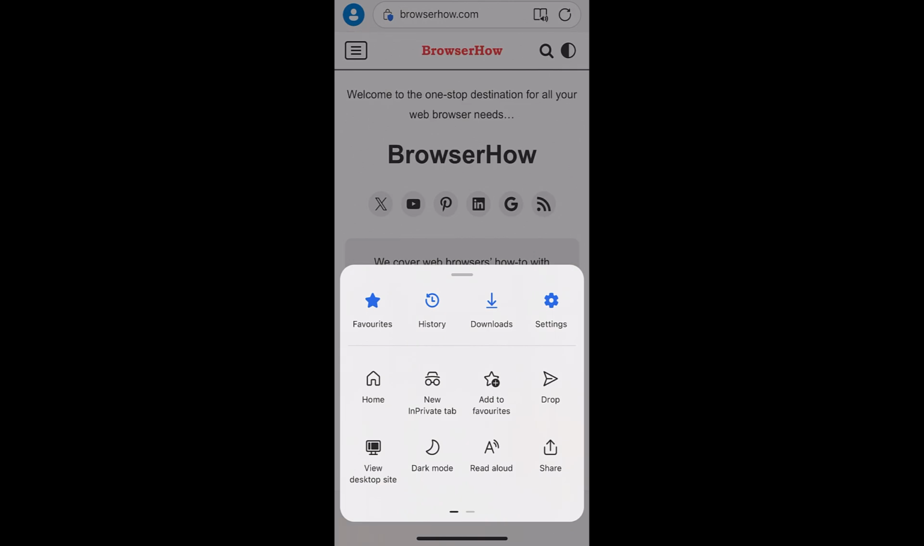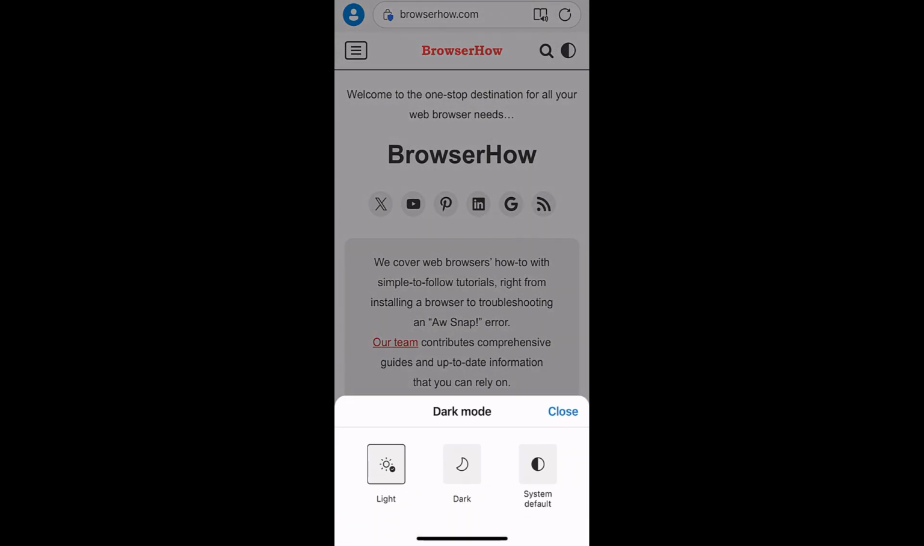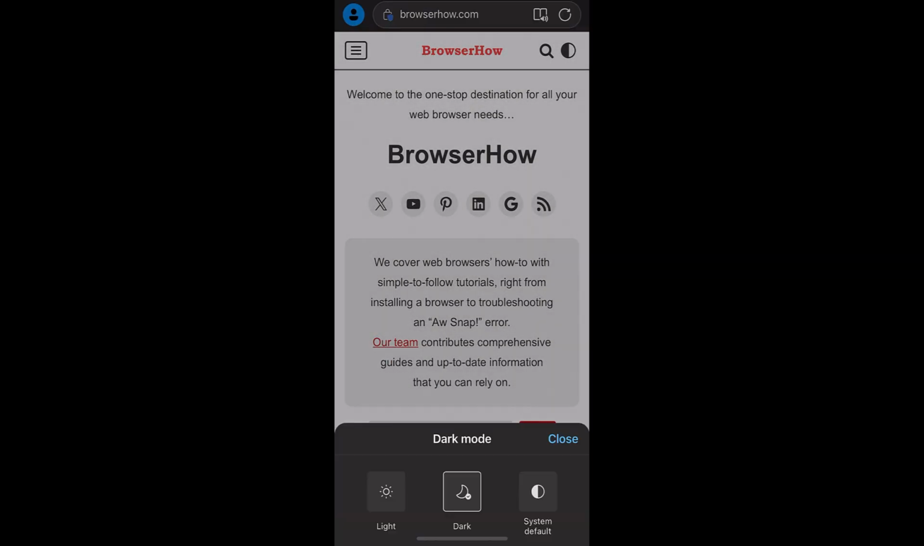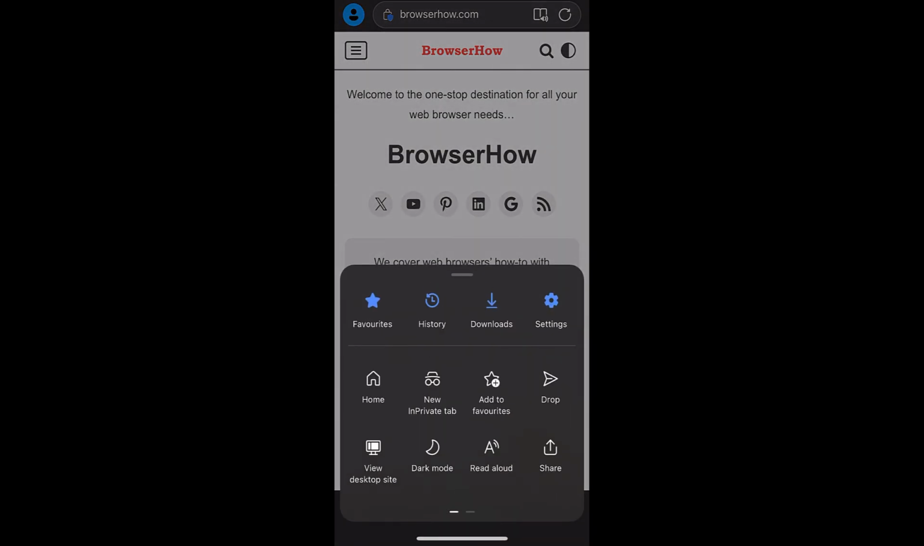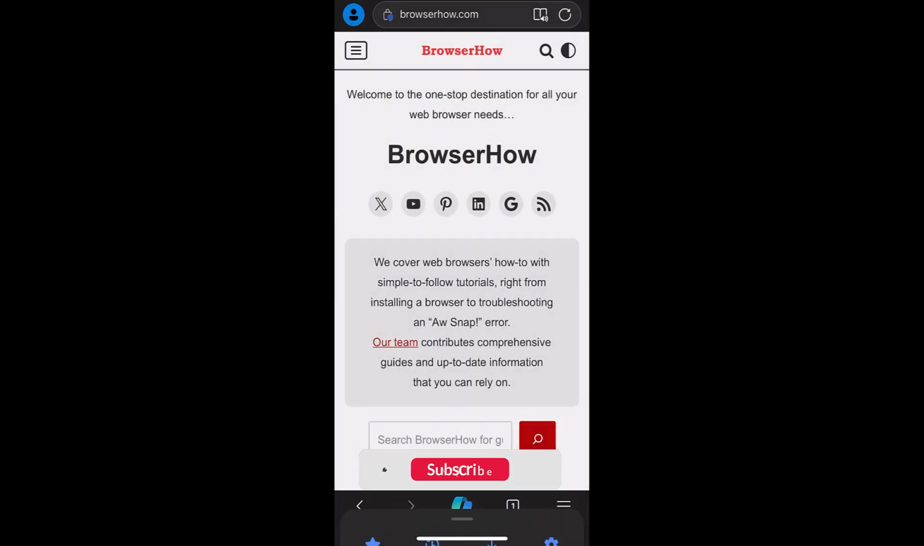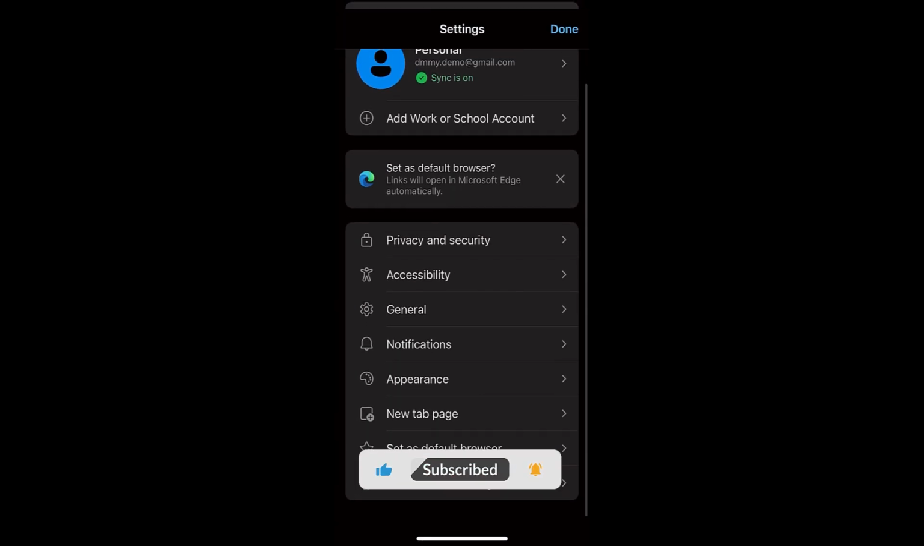So if you want to switch to the dark mode, what you can do is you can choose this dark mode option within the settings panel, and from here you can choose the dark option, which will change the settings to the darker. Or you can also go to the settings, and within the settings you have this appearance,